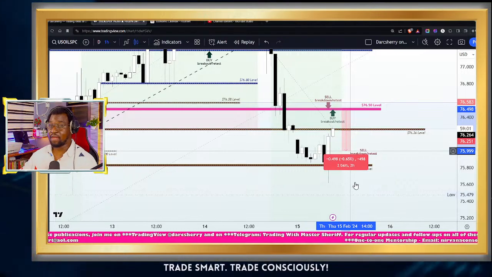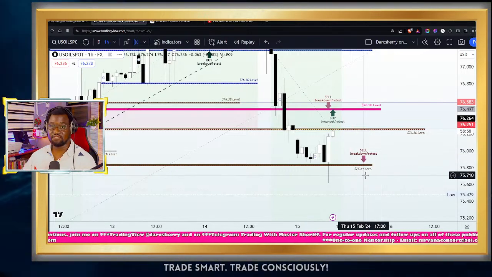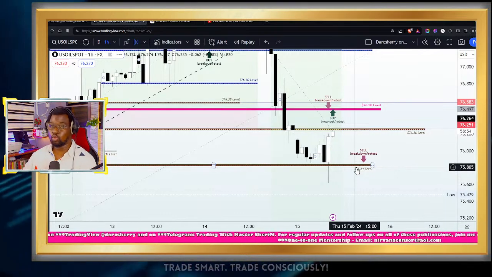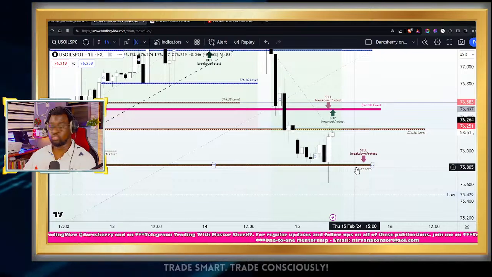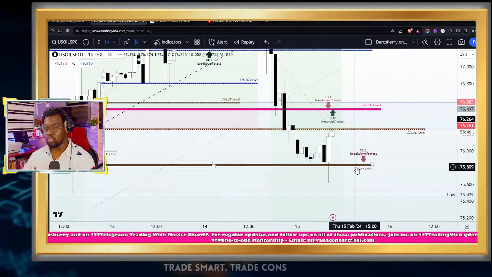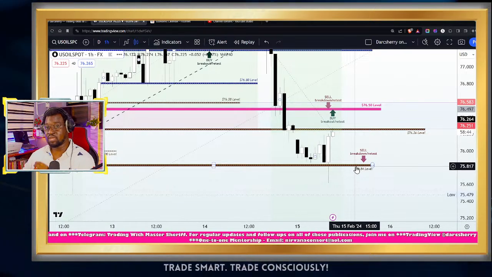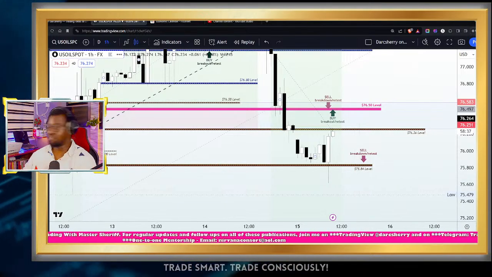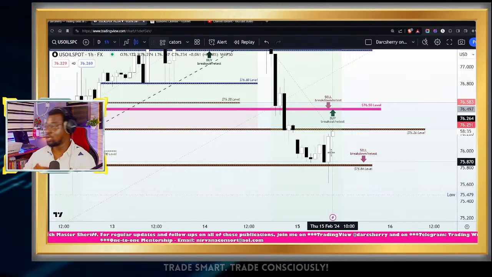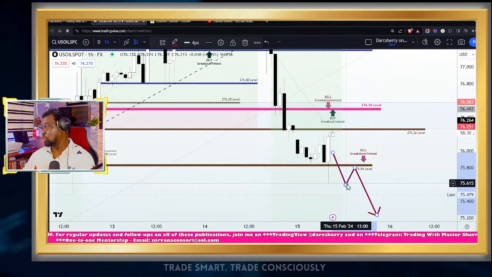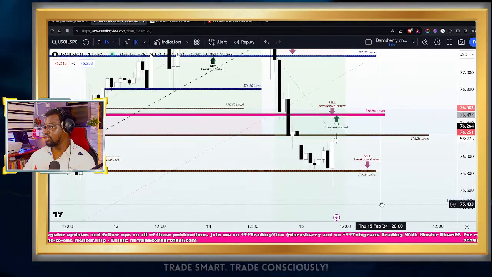We maintain a bearish bias if price breaks down the $75.84 level. So for those of us who did capitalize on that one, we will be in profit. But for those of us who are yet to, a sell stop order below the $75.84 level makes quite a lot of sense. However, if you are new with us, I would advise you, since you don't have any profit to leverage on, please wait for confirmations like a retest of structure on the lower time frame before jumping into any sell position. So this is my simple view on the US Oil Spot for today.